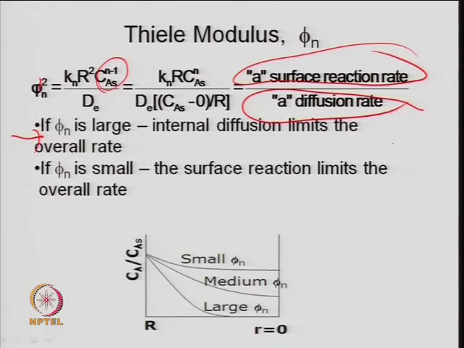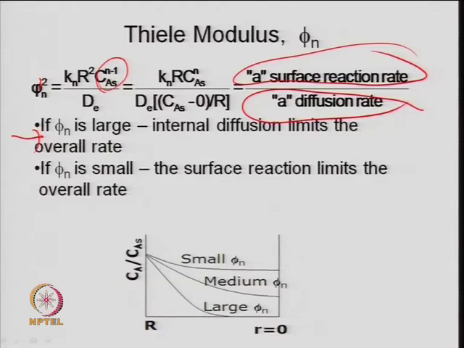Generally it is said that for a spherical pellet, if phi is more than 10, or 15, or 20, then diffusion is the rate controlling step. One can check this because it depends on R, the capital R, the radius of the pellet. It also depends on the concentration. When the reaction is positive order and the concentration is high, then diffusion may be dominating. You have to check that, and the rate constant will be a function of temperature.